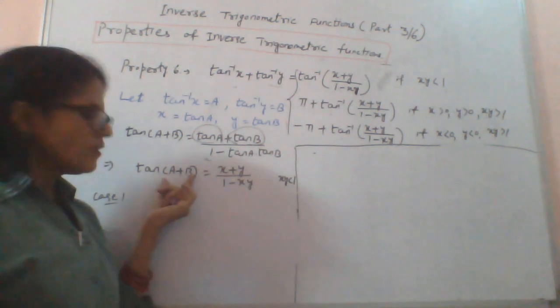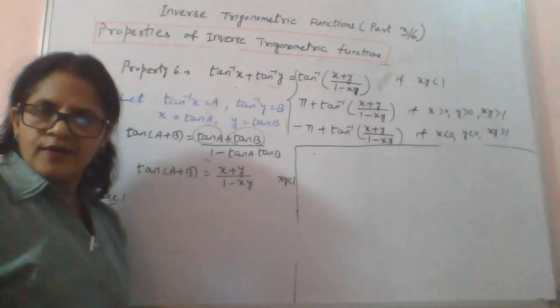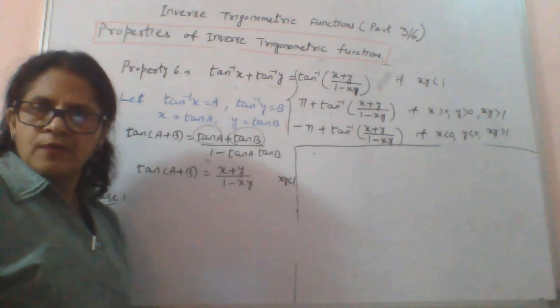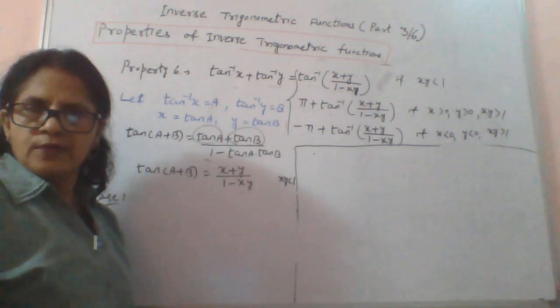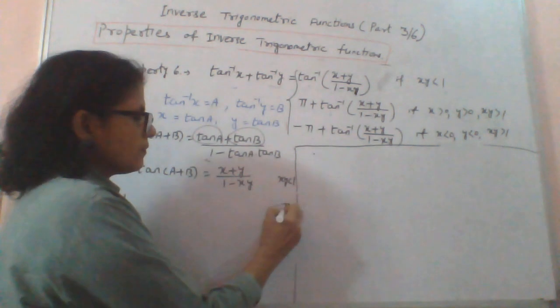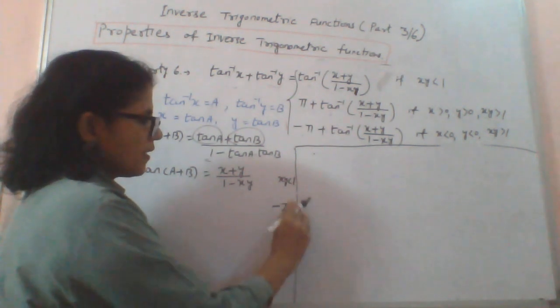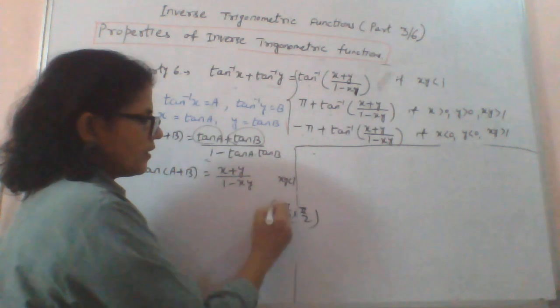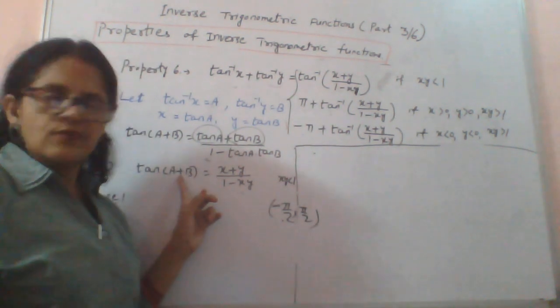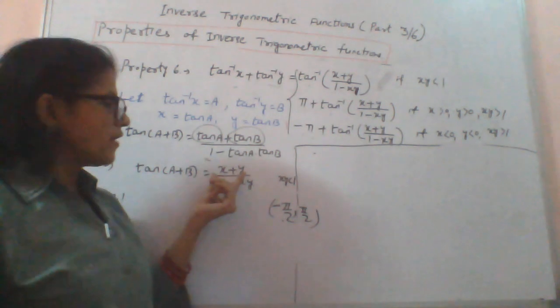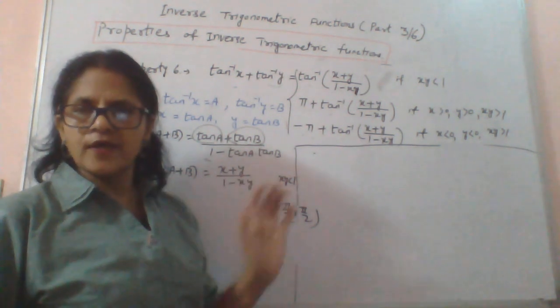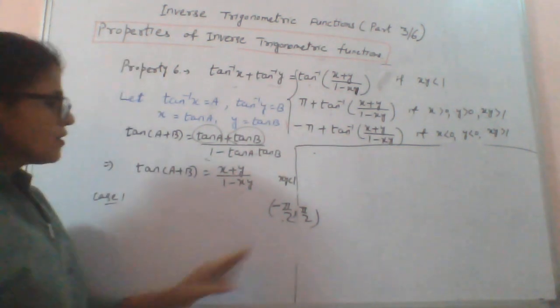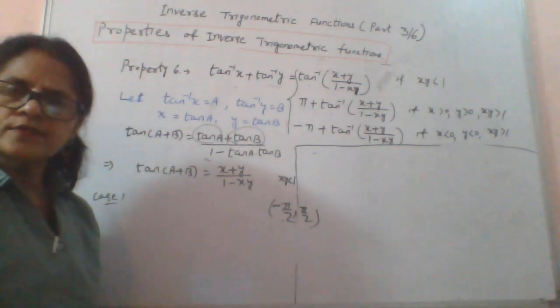Before we take a plus b equal to tan inverse of this, we really have to see whether a plus b lies in the interval minus pi by 2 to plus pi by 2. Whenever a plus b lies in this open interval, then only it will be invertible. Then only you can write a plus b equal to tan inverse of this. This is the concept you have to carry throughout the topic. So let's check it. We will take some cases.